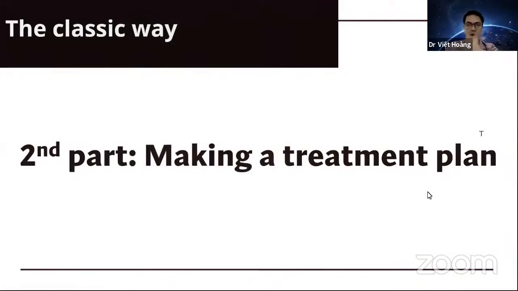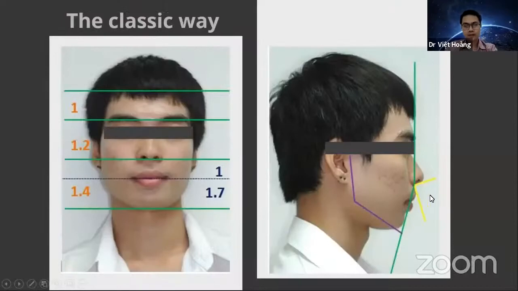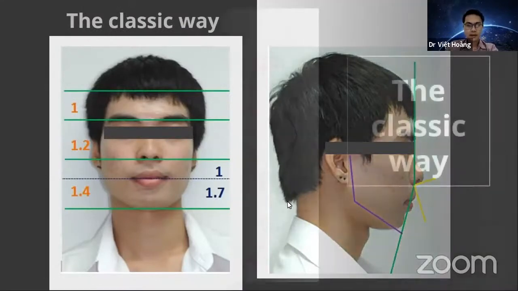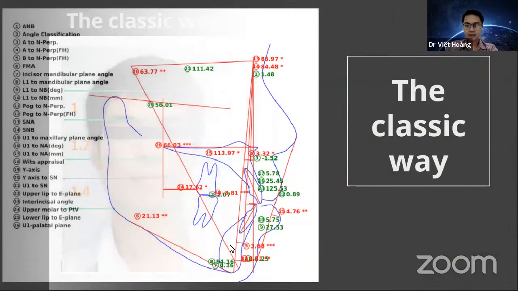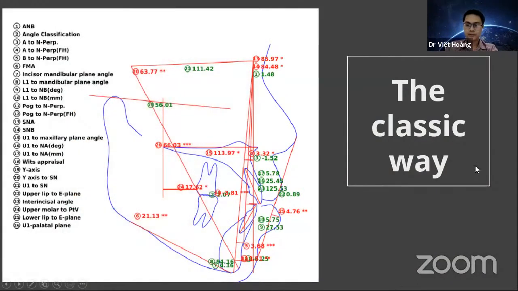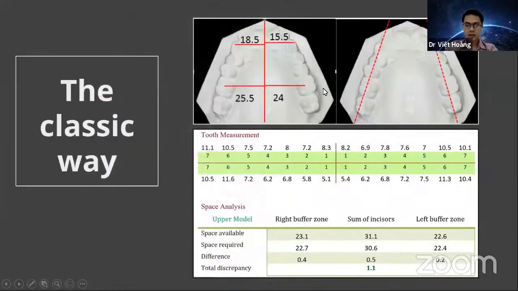Okay. After the classic way of making a treatment plan, we have to do the soft tissue, smile, and face analysis. Then do cephalometric analysis. This one we do with Webceph. And after that, study model analysis to measure the bone tooth discrepancy or measure the